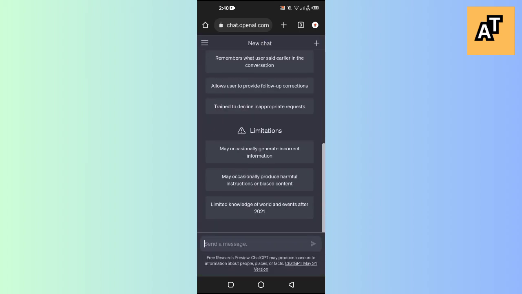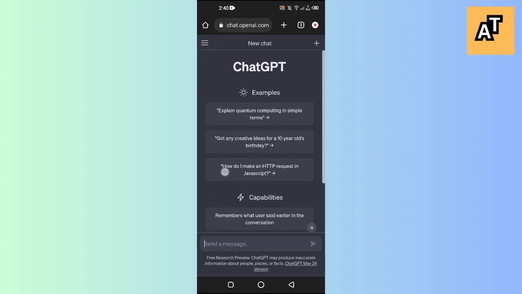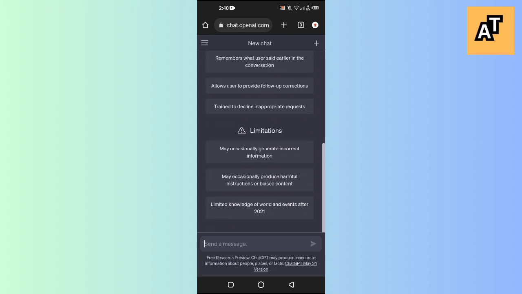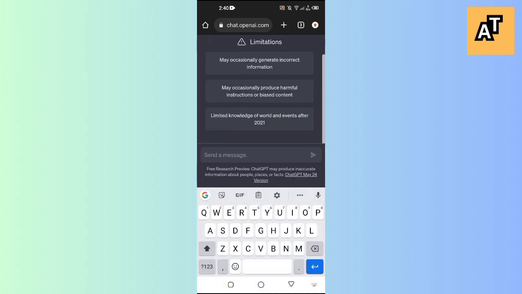So just click on this one, and then it will ask you for the login. Okay, so you will just need to log in with your ChatGPT account, and then you will see this kind of interface. Now you have accessed ChatGPT on your Android or iOS smartphone, and then you can basically write anything